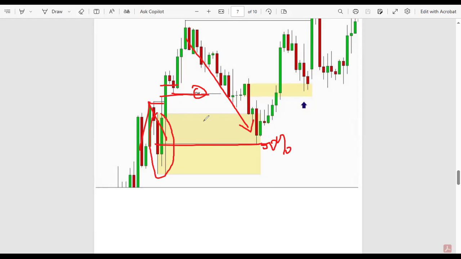We are going to use the 50% of it in order to actually have good risk management. So this 50% of the order block, this is what we call the mean threshold. We're going to take our first entry here, and if you missed this or you are not confident enough